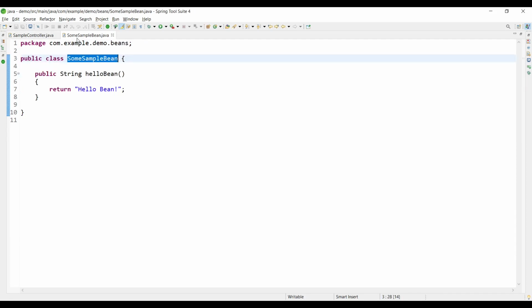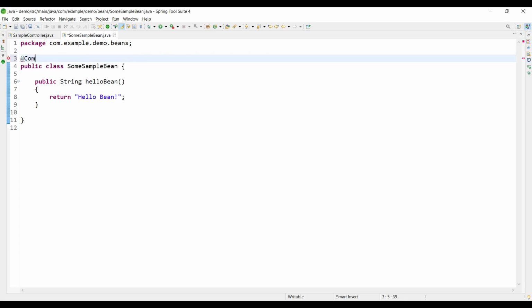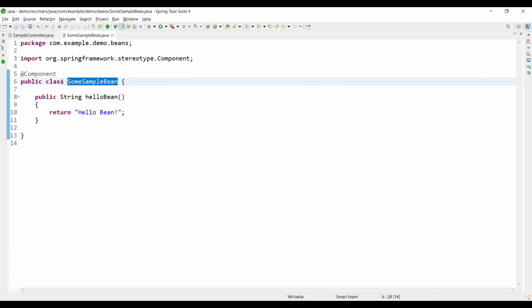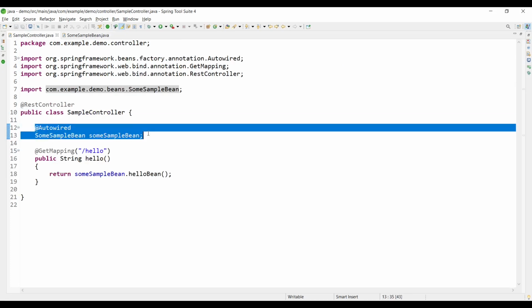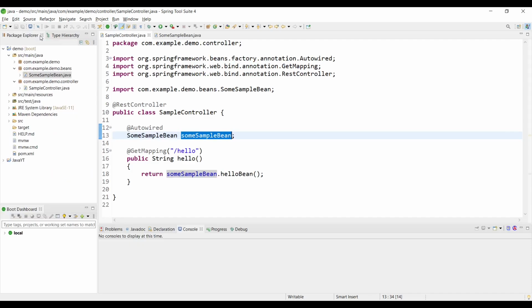The reason it doesn't know is that we have not added any annotation for this class. The other way is we could have created a bean of this class. A bean in simple words is just an object that Spring stores in an IOC container. So let's add an annotation, as simple as @Component. Now a bean of this class would be created, and finally when we do autowiring of this, it would be provided to this object or this reference variable. So now it will work.